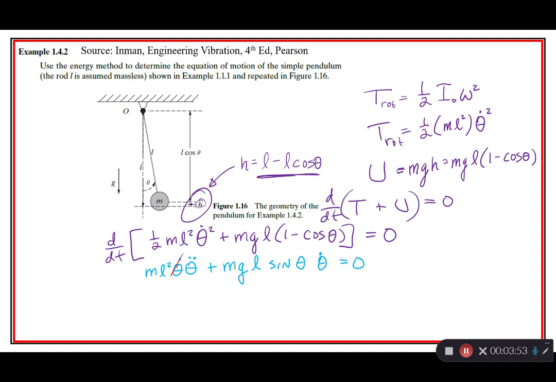That theta dot goes away, and m goes away, and oh wait, one of the L's goes away, and that squared goes away, right? So we end up with theta double dot plus g over L times the sine of theta